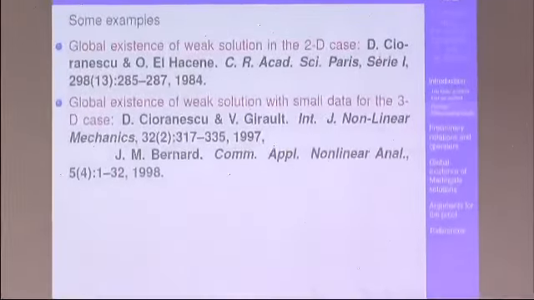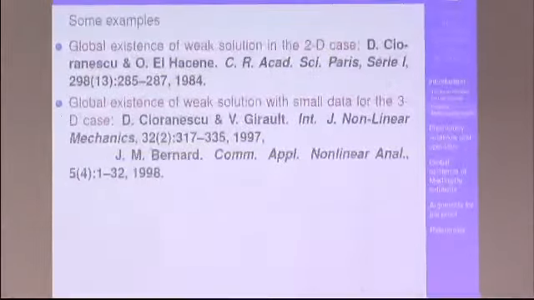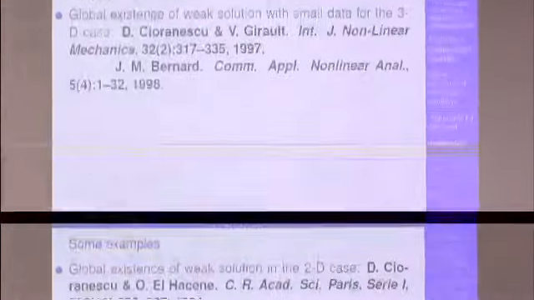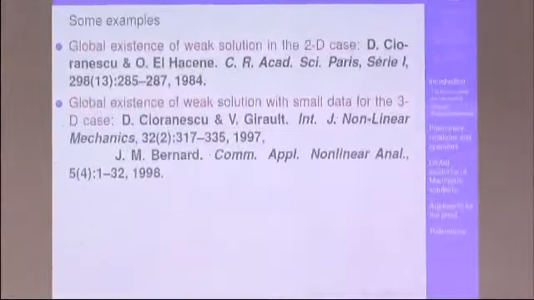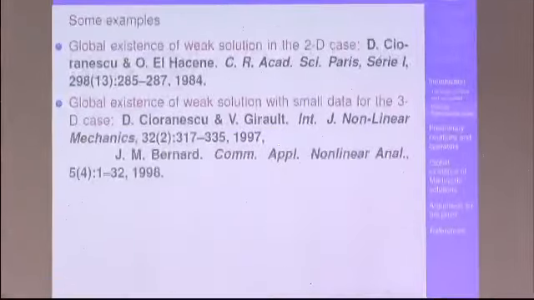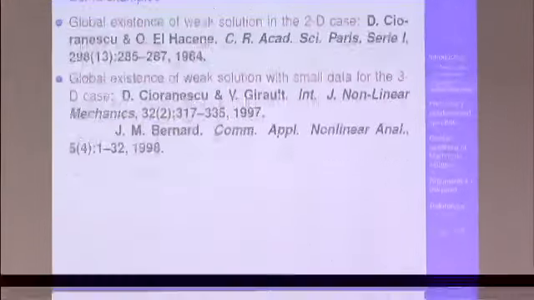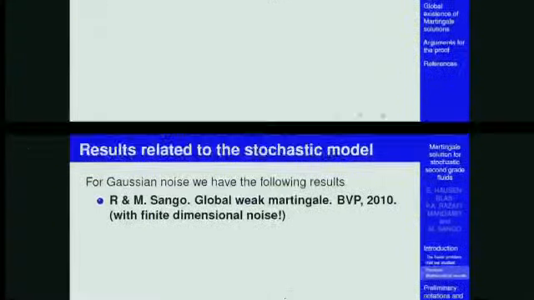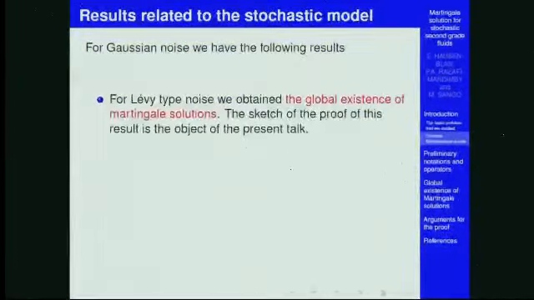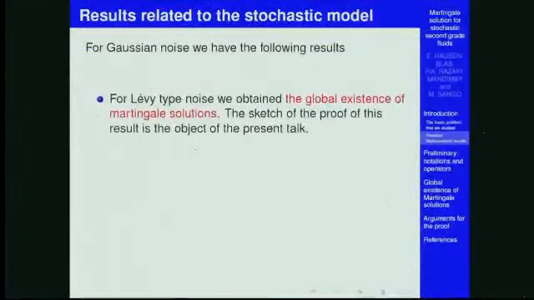They proved the global existence of weak solution in 2D, and later on Cioranescu and Girault extended their result to the 3D case by obtaining some global existence of weak solution with small data. Bernard studied a more general, more complicated equation, and he also obtained the global existence of weak solution with small data in